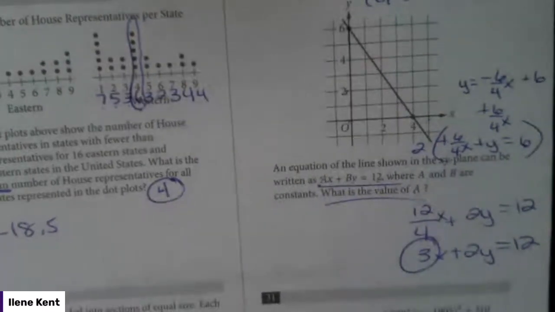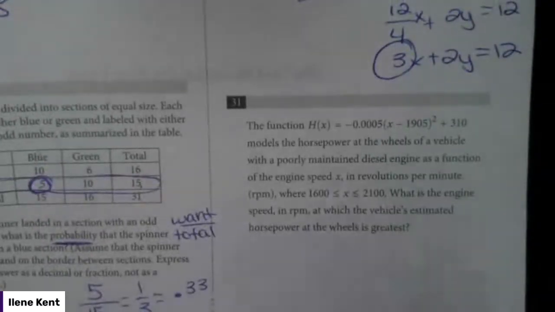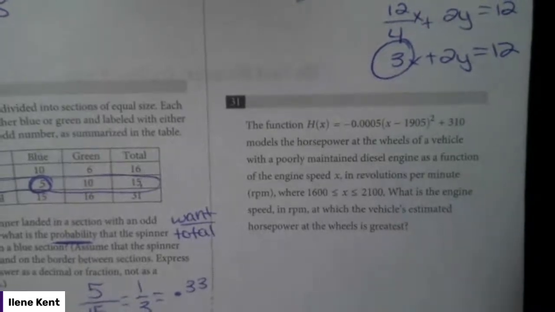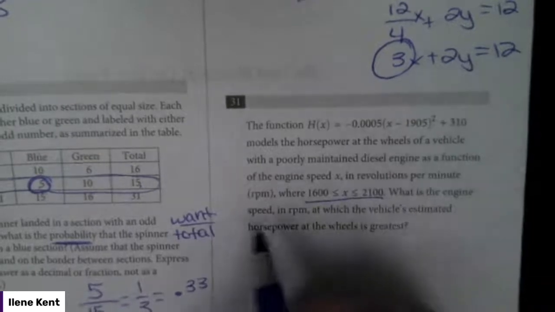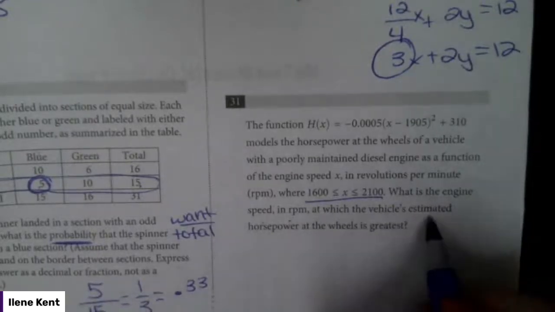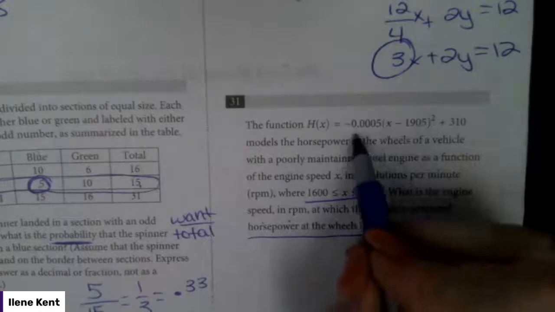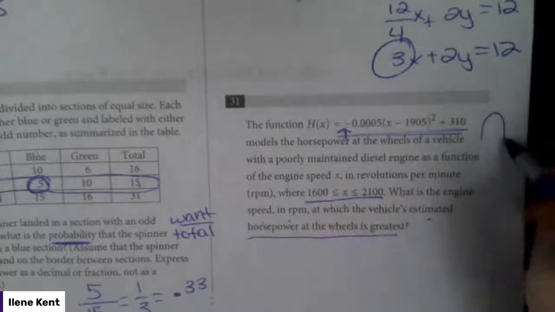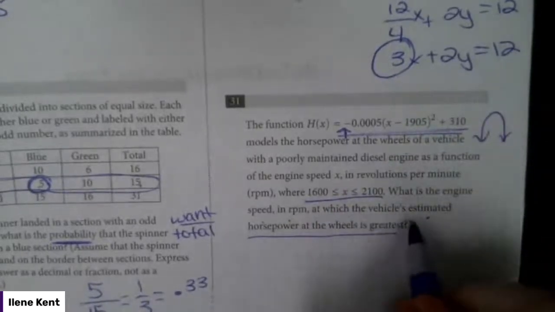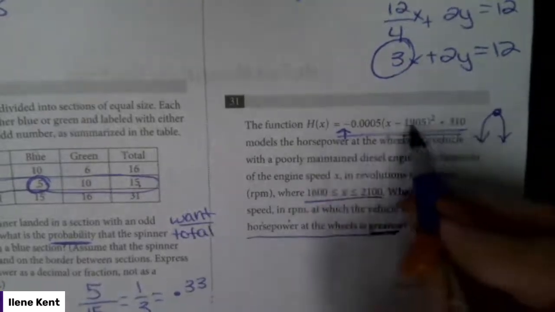Last but not least, number 31. The function given models the horsepower at the wheels of a vehicle with a poorly maintained diesel engine as a function of the engine speed x in revolutions per minute. What is the engine speed in revolutions per minute at which the vehicle's estimated horsepower at the wheels is greatest? Well, they give this quadratic function in vertex form. There's a negative out front, so that tells me it's going like this. The greatest would be the maximum. So really, I'm just going to need the vertex,